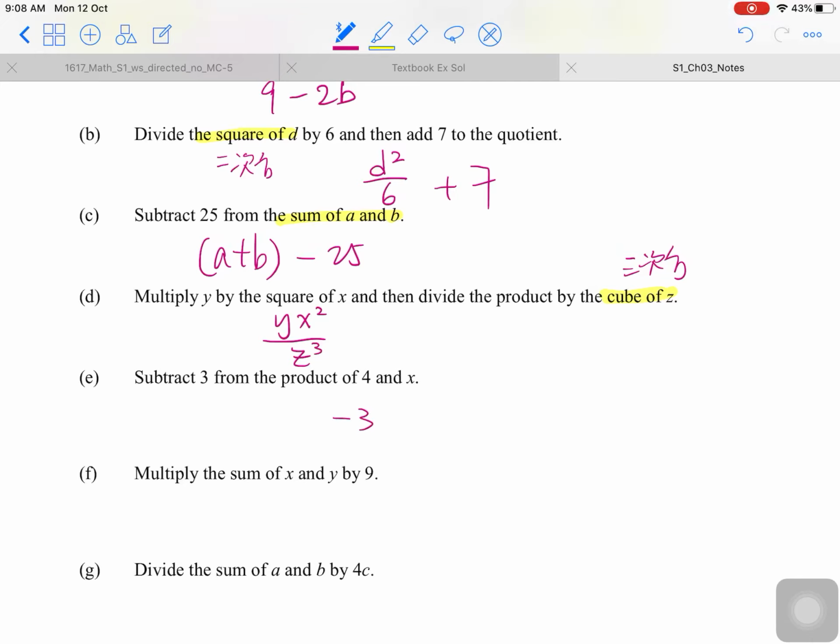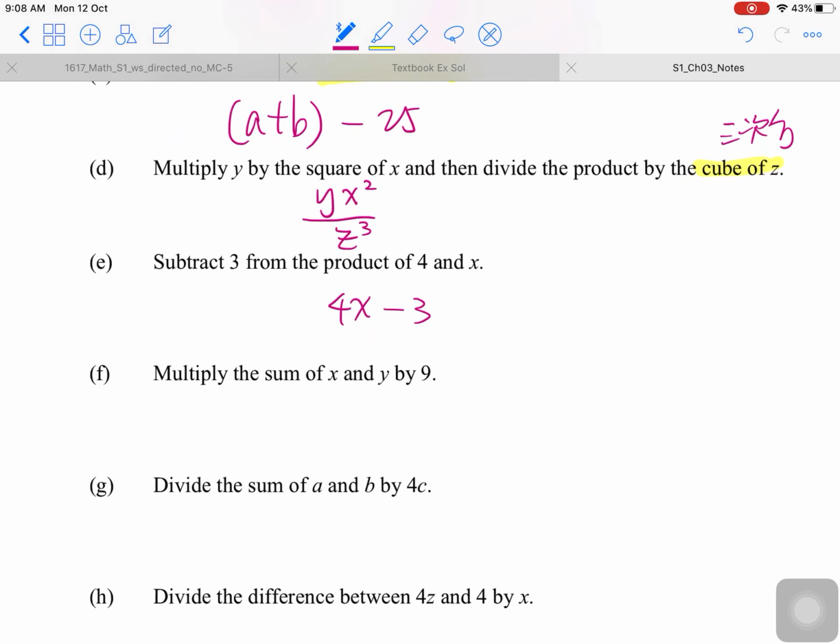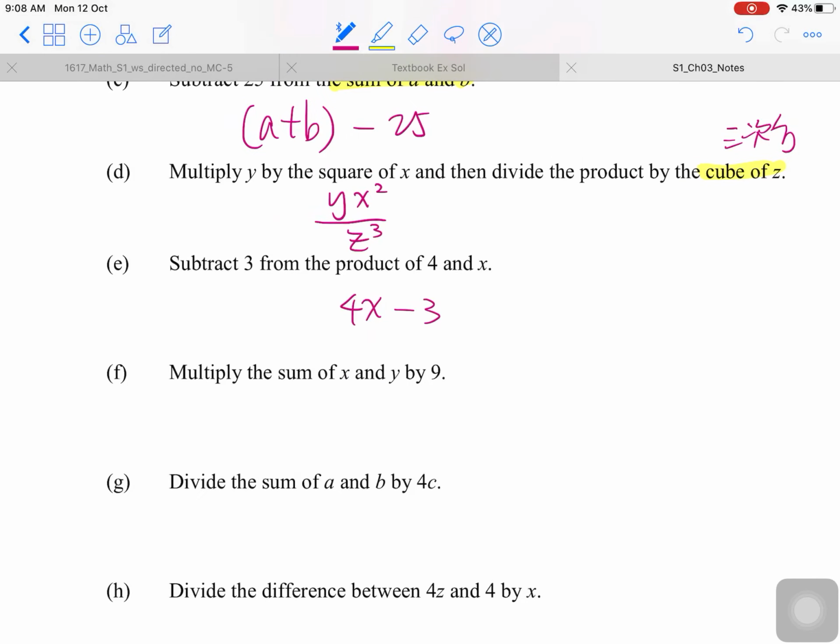Okay, then part E, subtract 3 from, that means minus 3. Subtract 3 from the product of 4 and x. That means 4 times x, we write down 4x. And then subtract 3 from it. 咁啊，最後減3啦。